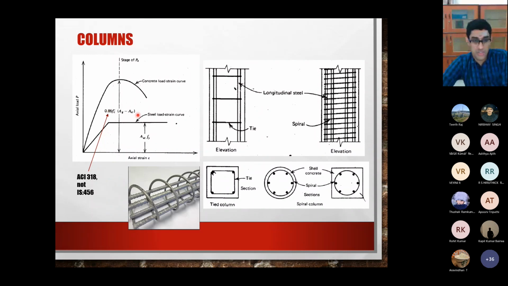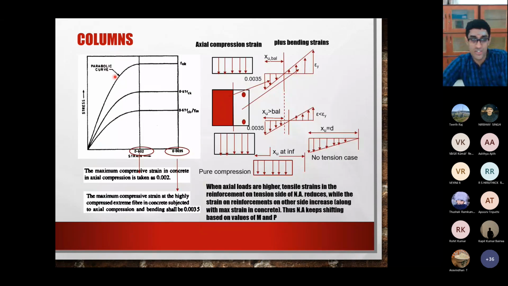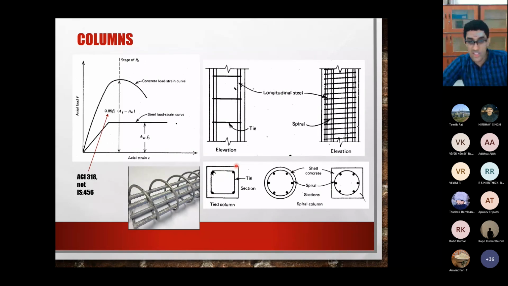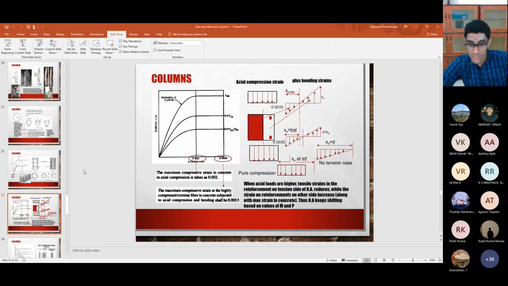By the way, don't get confused about this formula. I just wanted to show this picture, but this formula is according to the American code, not IS 456. But anyway, the picture is the same. The shapes don't change. I think I'll have to cover this tomorrow because it will take a bit of time to explain. So these are some introduction to columns. And I've uploaded the PPTs with regard to